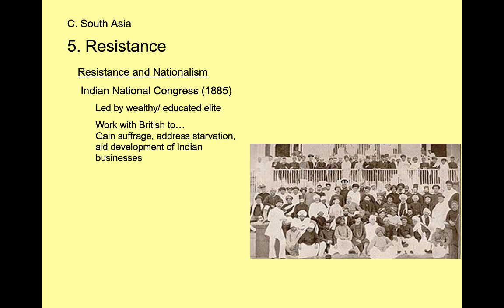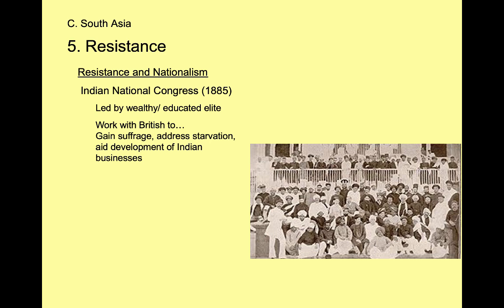They're going to try to reintroduce food production to get rid of the starvation. And they're going to try to, on a small scale, because we don't want to compete with British businesses, open up some Indian businesses that will allow them to raise themselves out of poverty. And so England is playing this tightrope walk. They don't want a rebellion, and so they're going to listen to the Indian National Congress on some issues